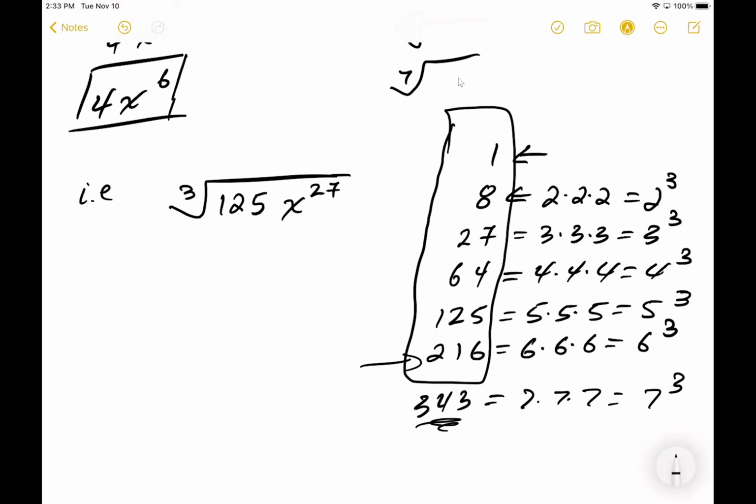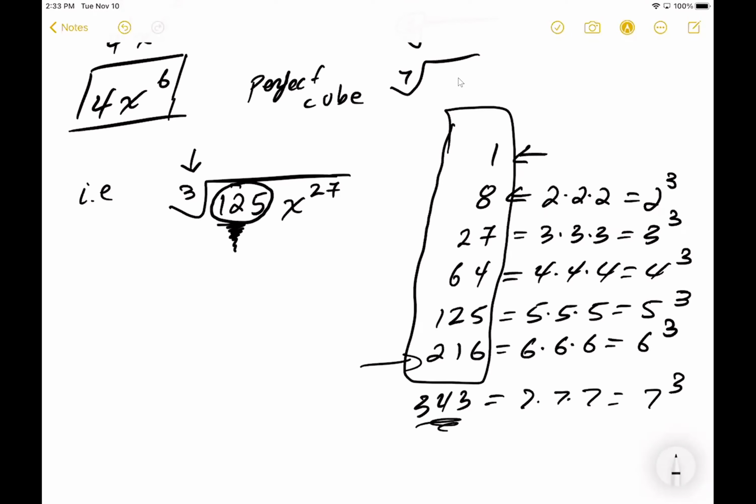But looking at this thing here, because of the cube root, you ask yourself, is this number, is this constant, a perfect cube? Is that a perfect cube? So again, this thing here is a perfect cube that we have,